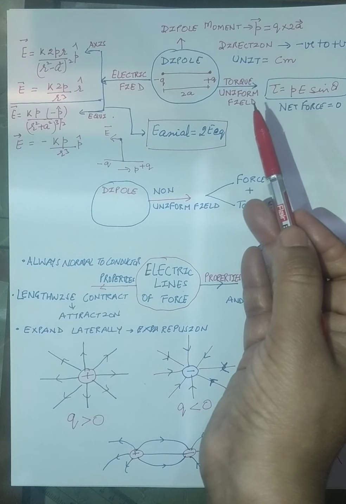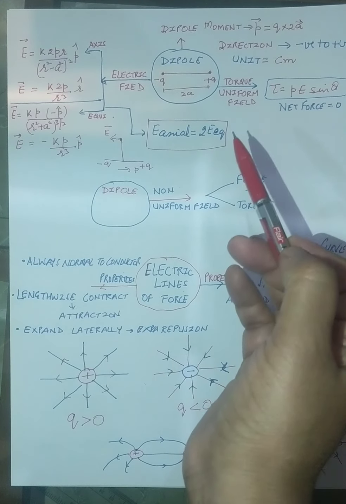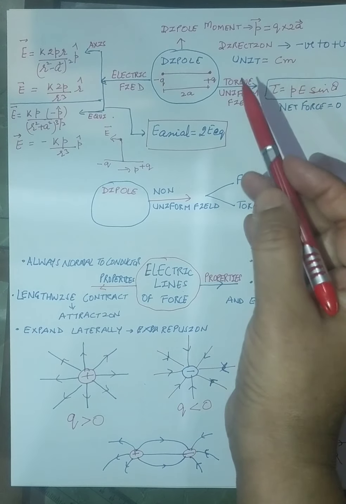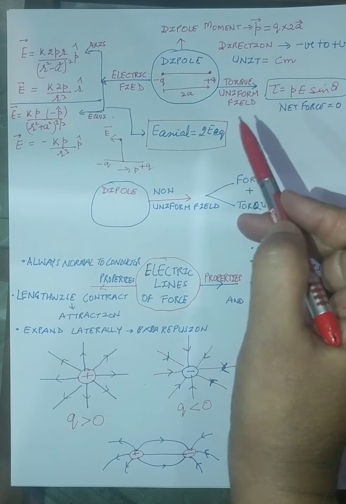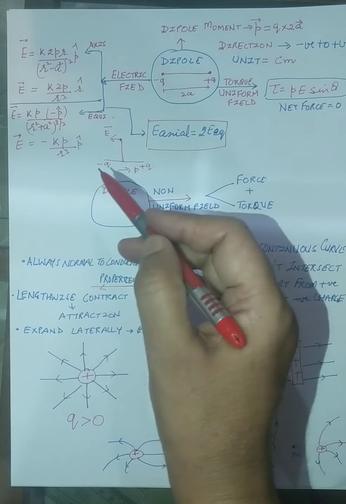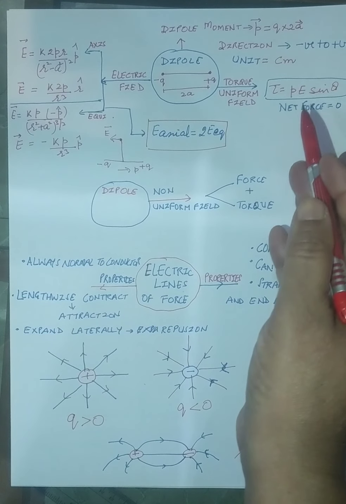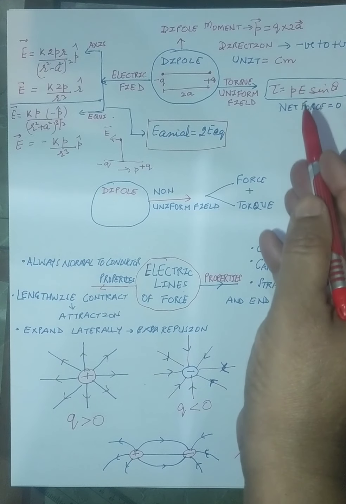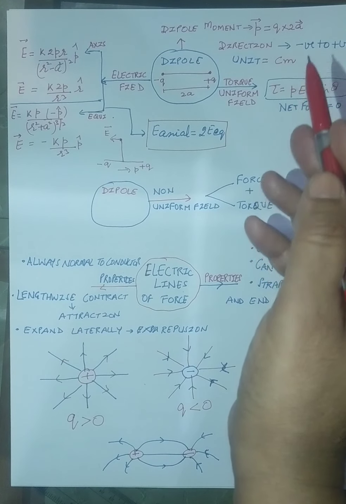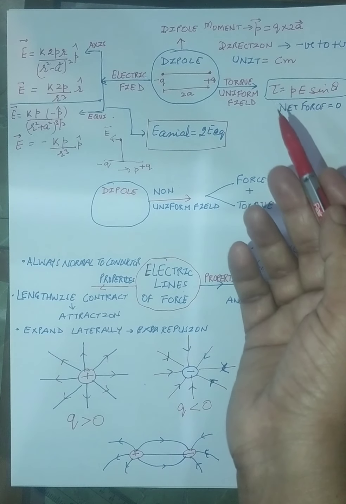The next topic which we are doing is the torque, that is when the dipole is placed in a uniform electric field. We have studied that it will experience a torque. Again, it can be a 1 marker. If the dipole is placed in a uniform electric field, the net force on the dipole will be 0, that is plus qE and minus qE. The net force will be 0, but it will experience a torque. And what will be my torque? Torque is equal to pE sine theta, or torque is equal to p cross E. That is, the direction of the torque is perpendicular to the plane containing p and E. That means the torque is perpendicular to both p and E.